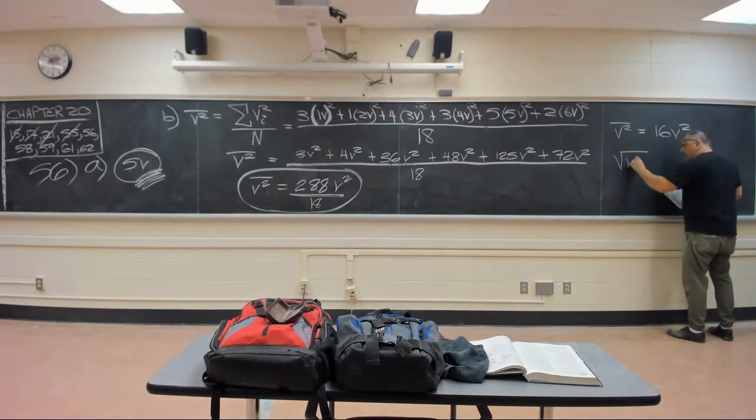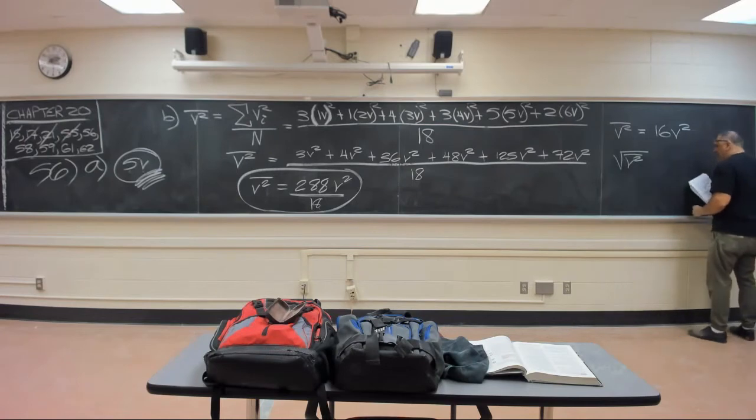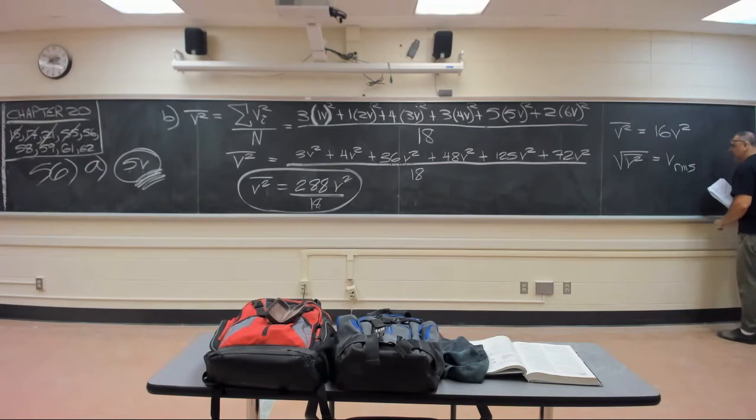If you square root the average of the squares, that's VRMS. And that's the square root of this. The square root of the product, 16V squared,